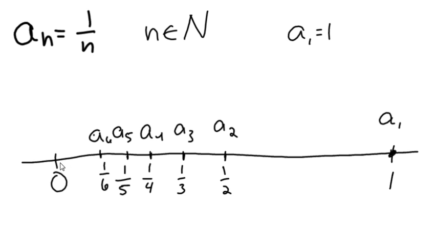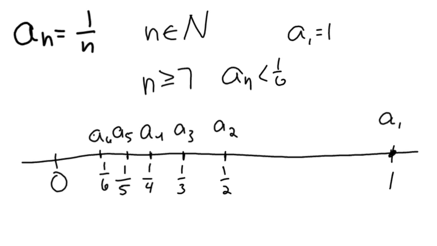So I can write an interval for the rest of the terms when n is greater than or equal to 7, a sub n seems to be less than